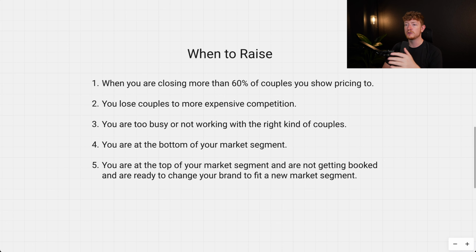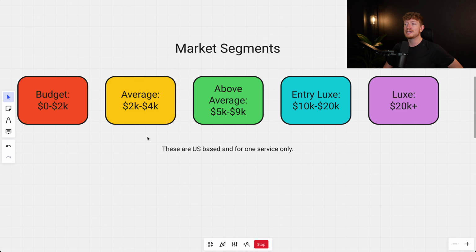Looking back, I was going after the above average market, but I was priced in the average market. So there was a market and a price disconnect there. Some people call this product market mismatch or whatever. But for me, the market that I was attracting to my website through my ads and through my SEO was not matching my price point. I was priced too low. So at that 4K starting rate, I was getting no inquiries. I was fairly booked out, so I wasn't in a situation where I was really struggling for bookings. I was just kind of annoyed because I wasn't getting any inquiries.